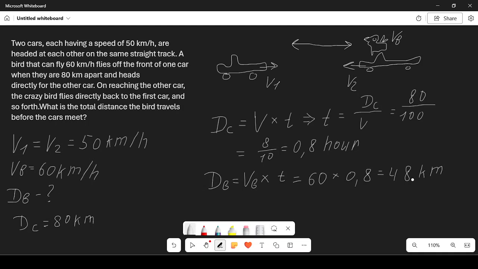So before the cars meet, our bird is going to make a distance of 48 kilometers. We don't know how many times the bird is going to move there and back, but we just know the time the bird has and we know the speed. And of course, we don't take into account things like the bird reducing speed when approaching a car. No, it doesn't. Or having acceleration. No, we assume the bird has the same speed all the time, and with this assumption we got such